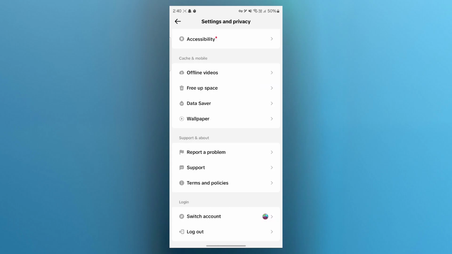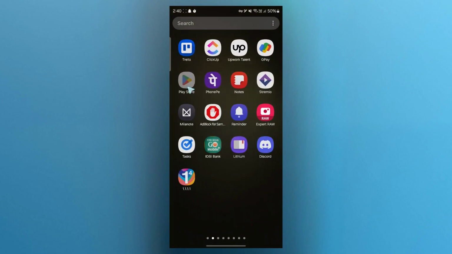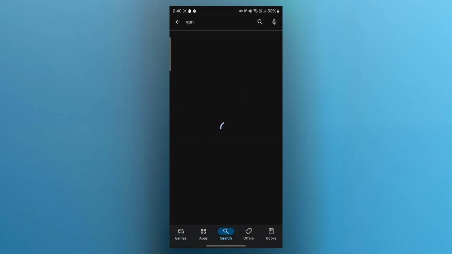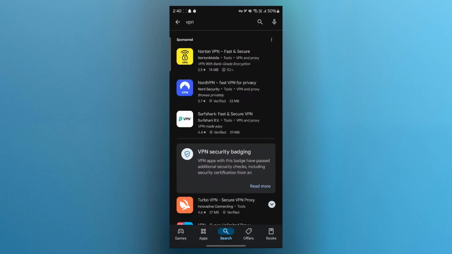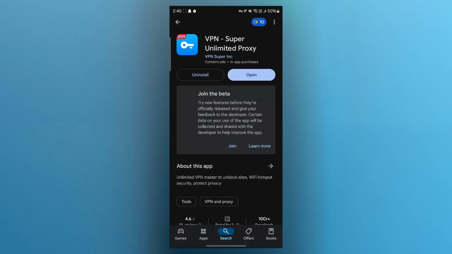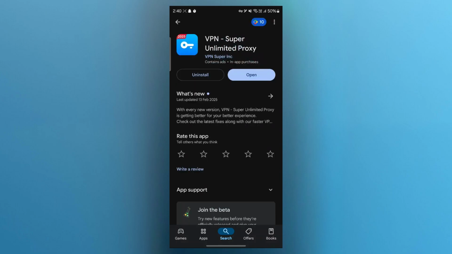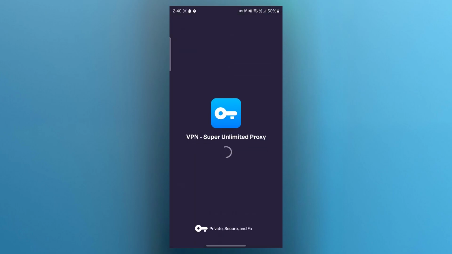Now after doing this, you can go back and install a VPN from your Play Store. So go to the search bar and type in VPN in Play Store. Then install any of these VPNs. I'm going to use VPN Super Unlimited Proxy. Click on open after installing this VPN,